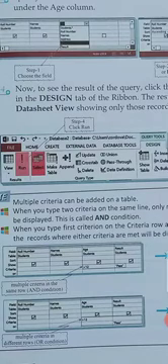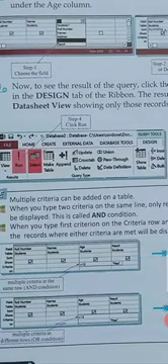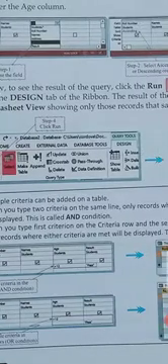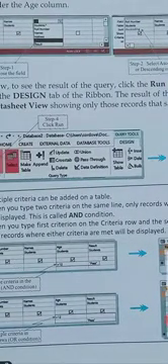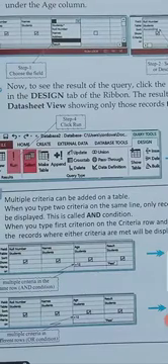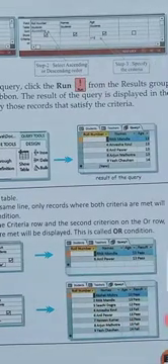And whenever we want to add more than one criteria, then we require the AND button. So we are using AND in this form. In this, it will give age more than 12 and pass or fail result. In this, we can see age more than 12 and pass and fail result.